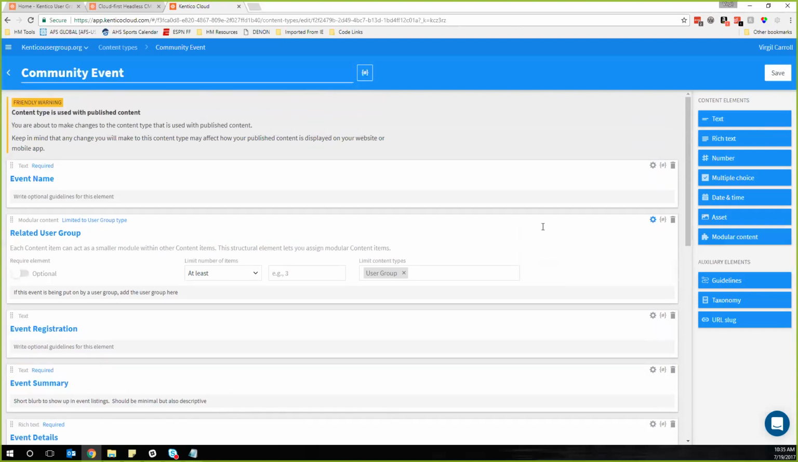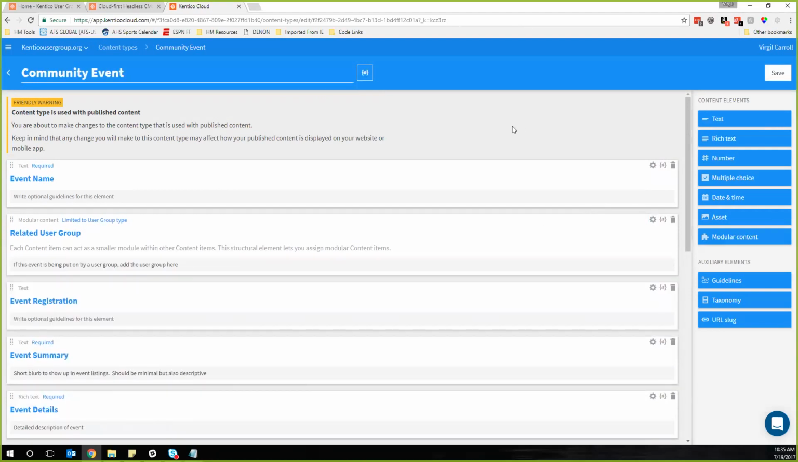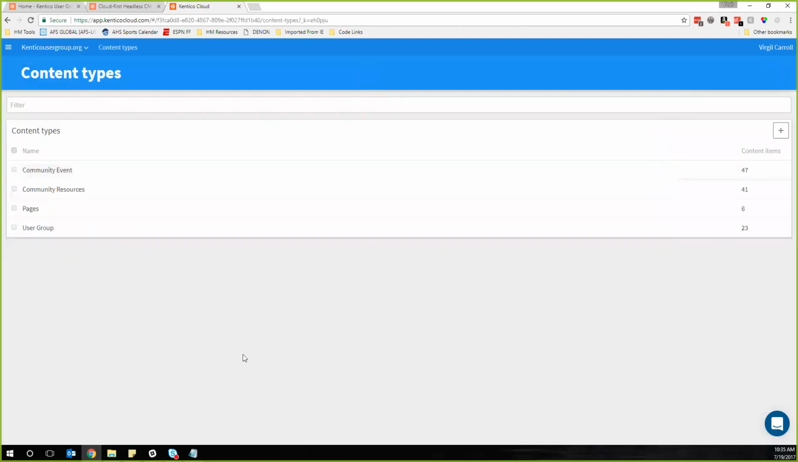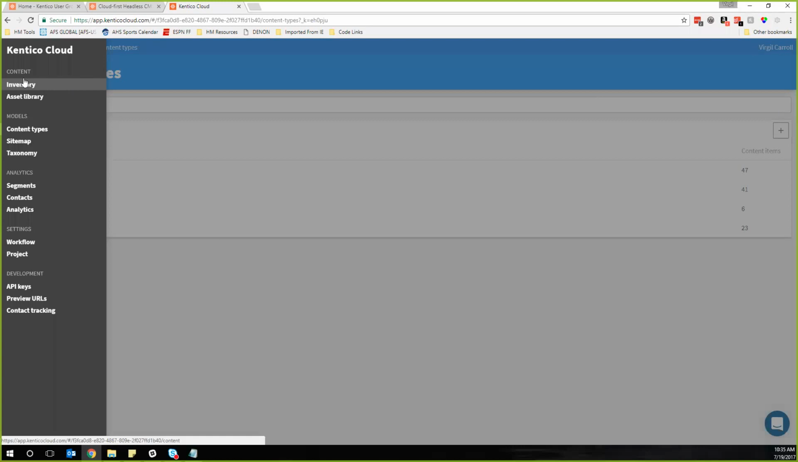So I realize that's a lot to go through. Obviously, you have your save mechanism here, but once we get to the content side, I think this is going to make a tad bit more sense. So I'm going to close without saving because I'm not making any changes there. Once you have your content types together, you can go ahead and start creating your own content